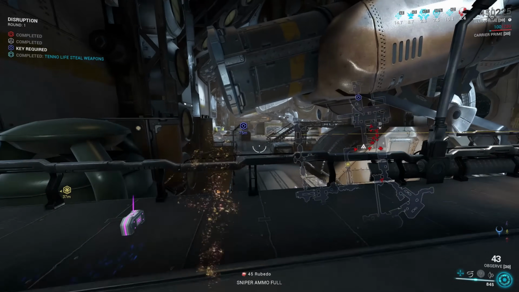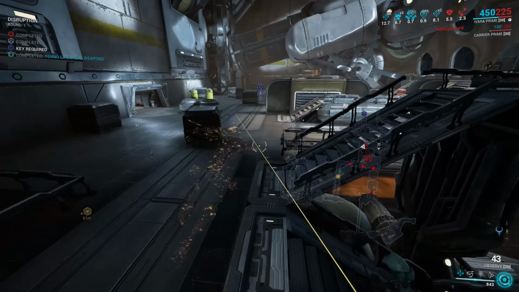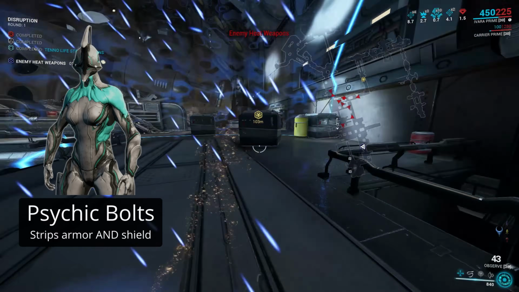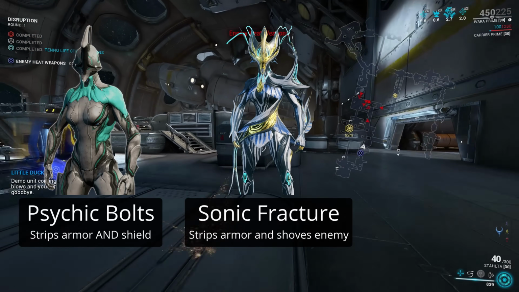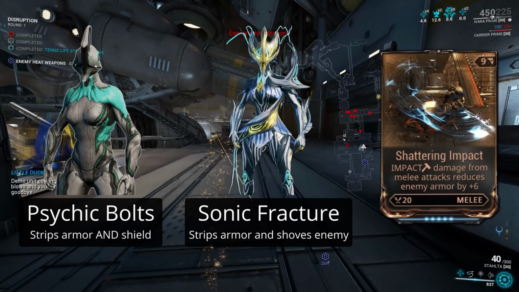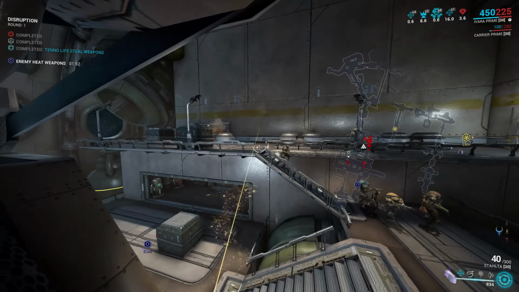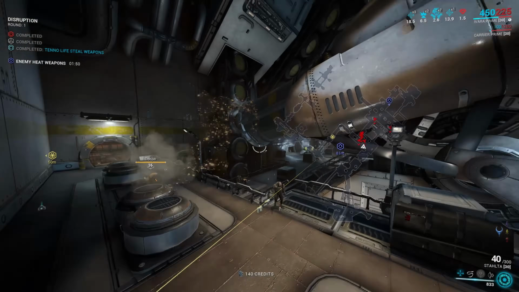Luckily, there are various means to suppress or remove that armor, which will make killing Demolisher a lot easier, such as for example Nyx's Psychic Bolt, Banshee's Sonic Fracture Augment, or the Shattering Impact mod on a melee. While it's not necessary to defense strip a Demolisher, it can be the difference if your weapons and frames aren't